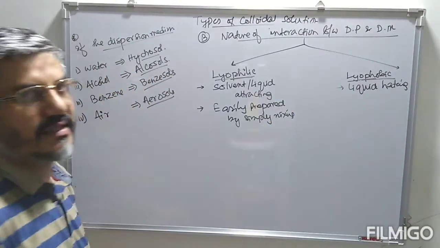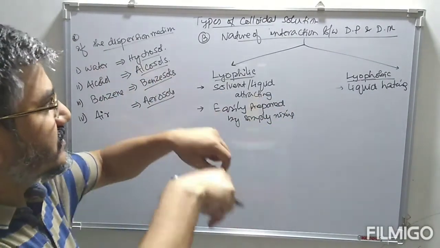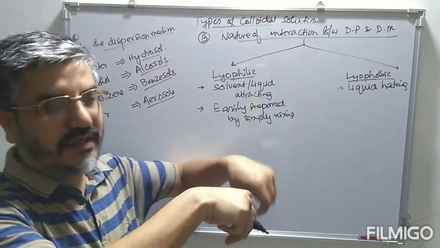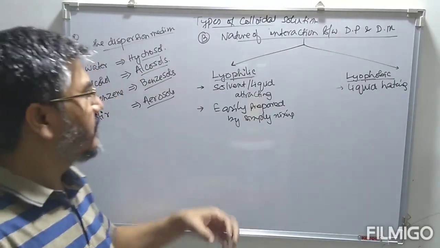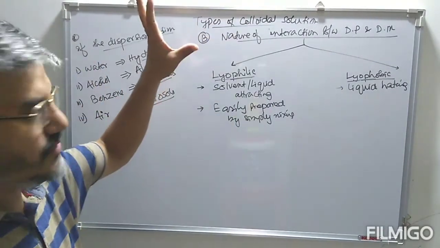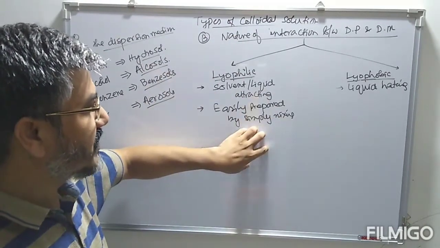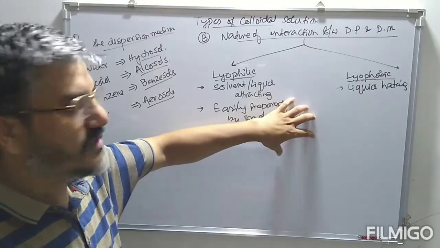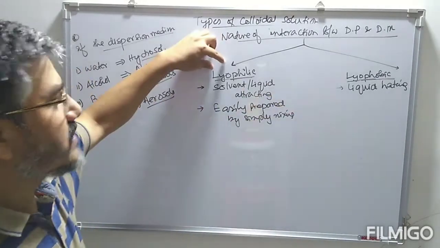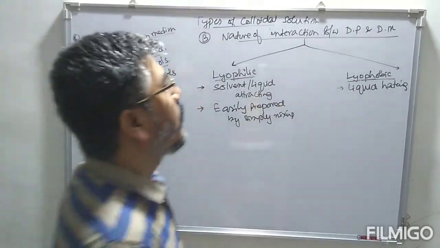Without any external help, we can easily mix the dispersion medium along with the dispersed phase, and we can convert this into a colloidal solution. So those types of solutions which can be easily prepared by mixing the dispersed phase in the dispersion medium are known as lyophilic sols, whereas